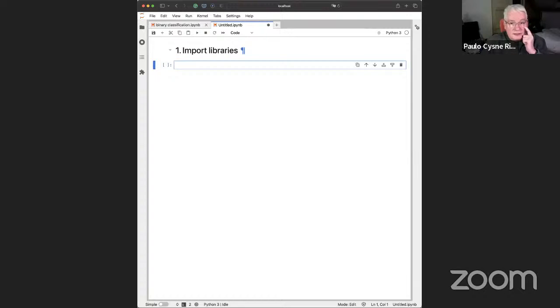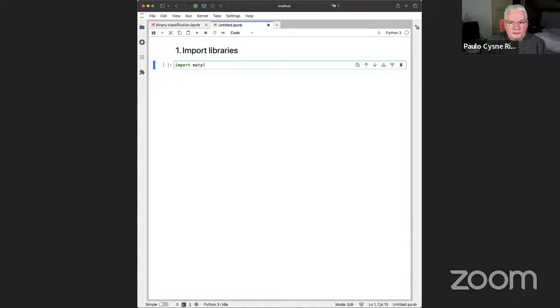So let's start now importing our libraries. As I said, I highly recommend that you code along with me. If you don't have JupyterLab, don't worry, you can just start Jupyter Notebook. It will work as well. It's just that JupyterLab offers additional functionality, as you can see here on the right of each cell. I'm not going to go into a lot of detail about JupyterLab, but it offers a lot more functionality. So let's first import, because we're going to plot the precision recall curve,